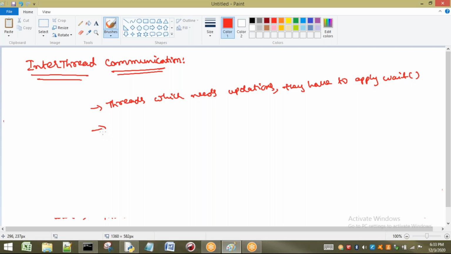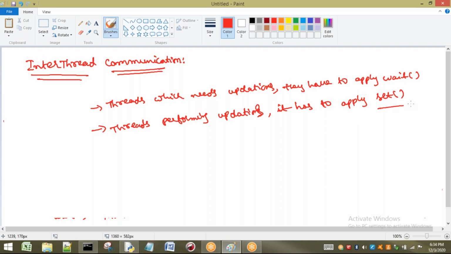Next, the threads which are performing updations, after updating, have to give the notification to the waiting threads, so they have to apply the set method.